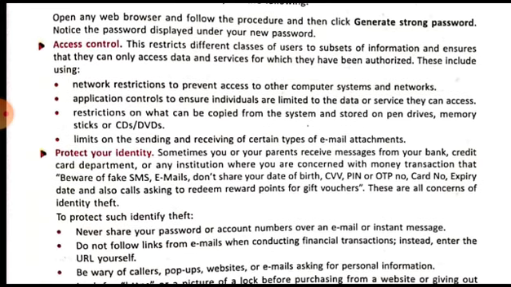So why is Gmail restricting the .exe files? Because .exe files are executable files, and almost all viruses are .exe files only. Viruses are executable files, and they are executed as soon as they reach the system to which they have been sent. That is why .exe files are also a very big threat to internet security.